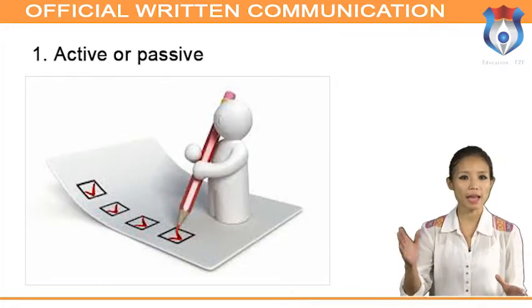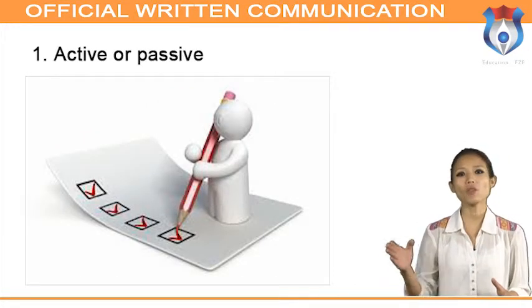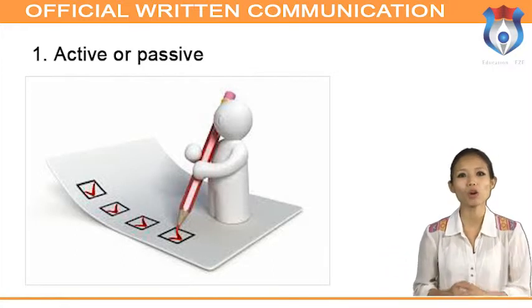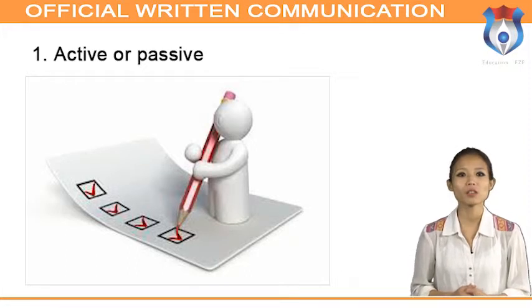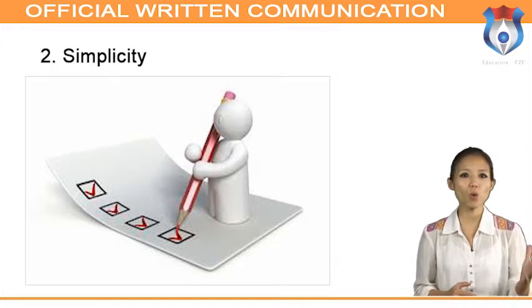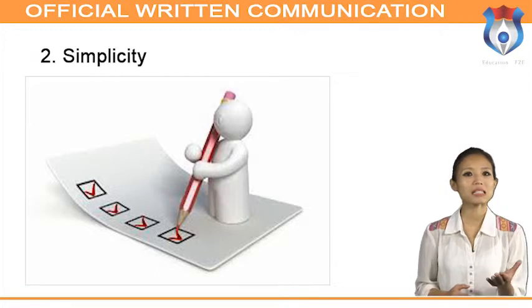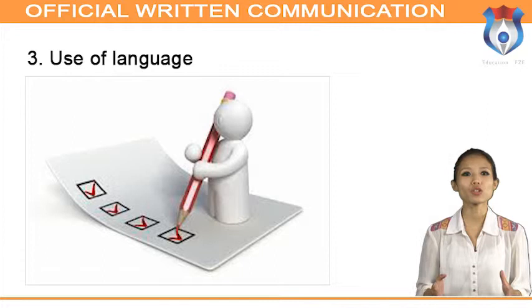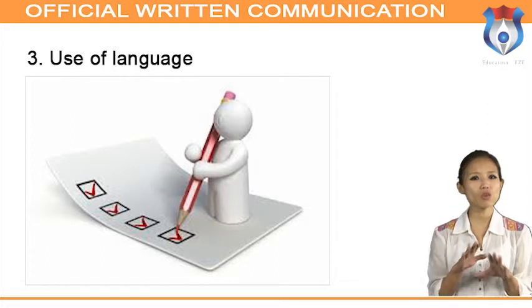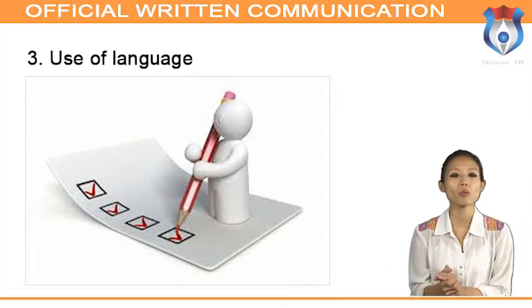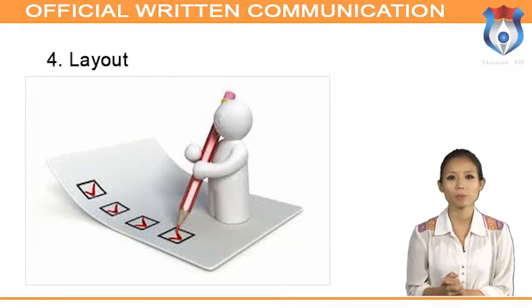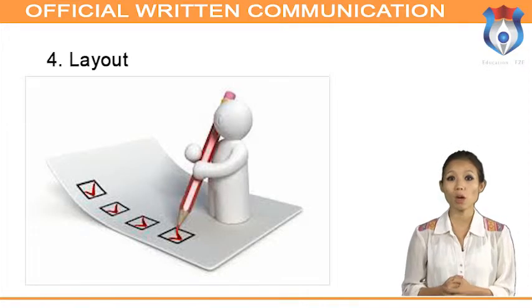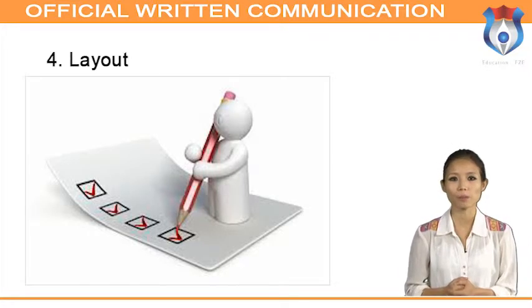Style of writing. Active or passive. The active voice allows us to write short, punchy sentences. The passive voice is more formal. Avoid mixing the two voices. Simplicity. Avoid using overly complicated language, jargon, lengthy sentences, and unstandardized abbreviations. Use of language. The use of subjective language has no place in the more objective field of report writing, therefore avoid it. Layout. Most reports have a progressive numbering system, the most common one being the decimal notation system.